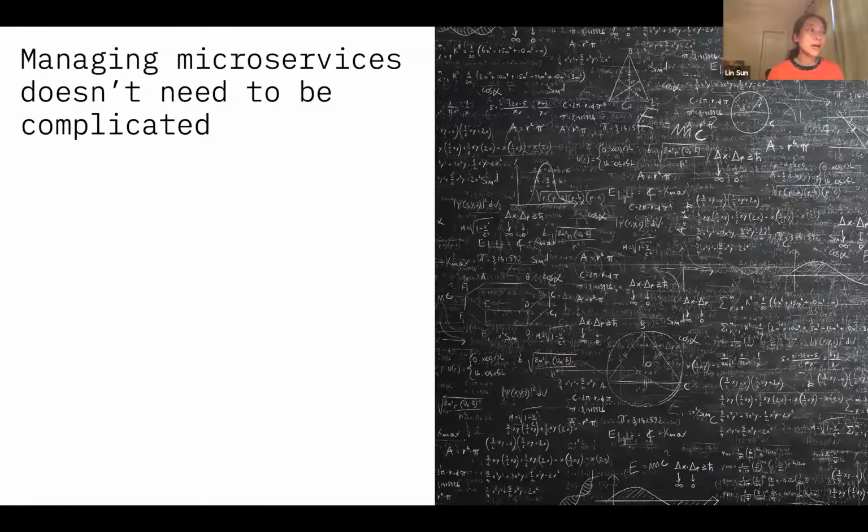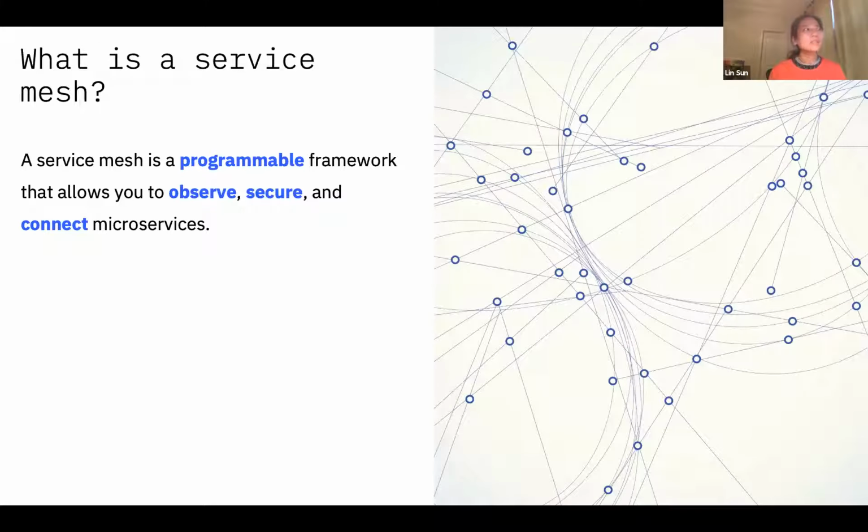So managing microservices does not need to be complicated. As Bill said, microservices raise a bunch of challenges, right? How do microservices connect, secure, and observe each other? So service mesh is really coming in to help users, especially developers and operators, to solve that problem.